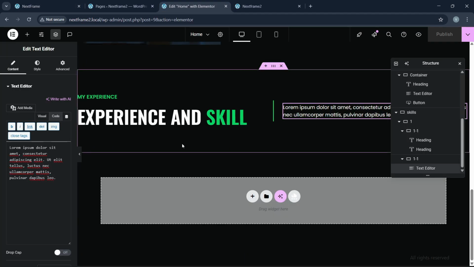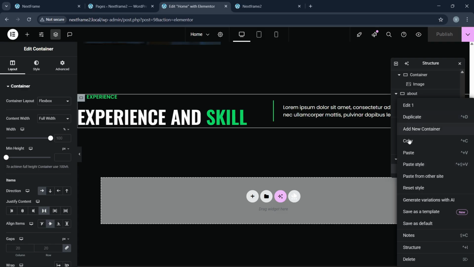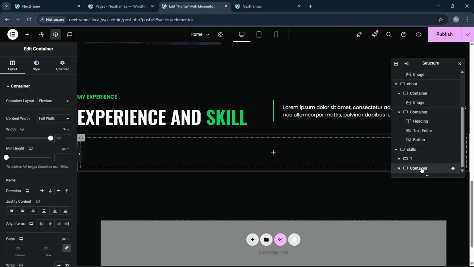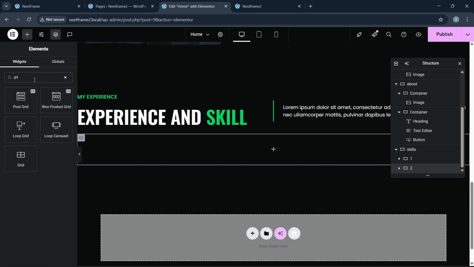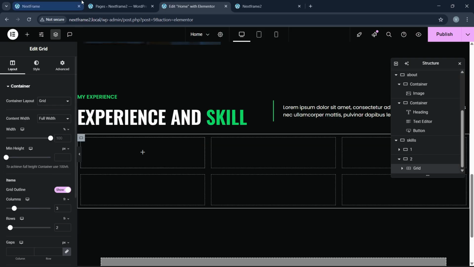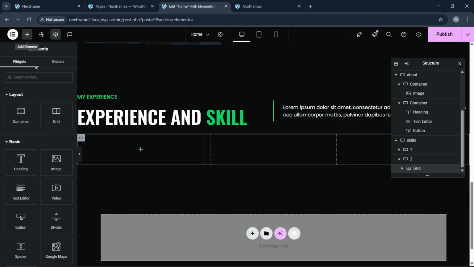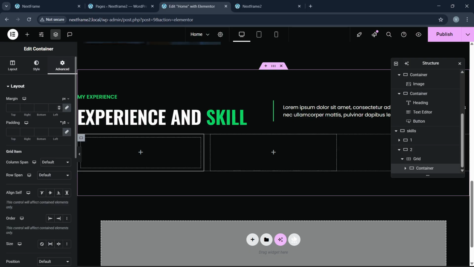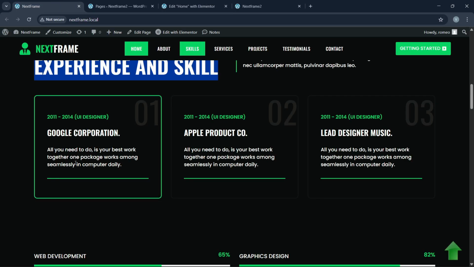Now let's add these grids, and we can add a grid here. We can add a new container here by clicking on this. We can name this 2. Okay, and here we can have these grids. So let's add a grid here. Here we can add 3. So we can choose 3 by 1. Okay, we can remove all of this, and here we can add, okay, we don't want this. We can add a new container here. Okay, and here we can have some padding 30. We have some padding here 30, and